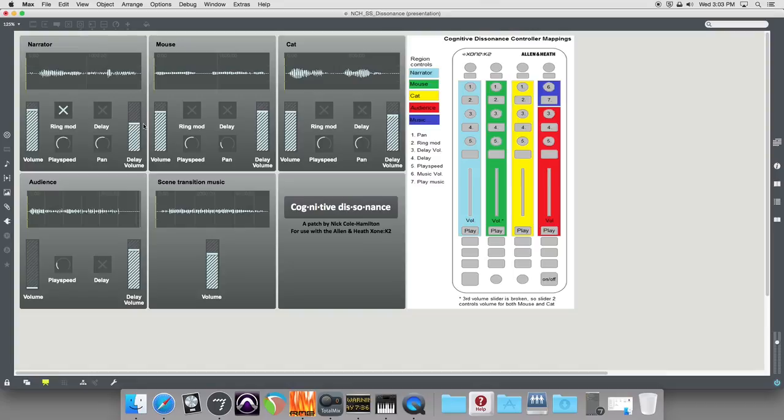And finally, we have scene transition music. It should be noted that this was a suggestion of Owen Green's. When he saw the patch performed, he said that this is something that could work quite well. And you can see that's really just for reacting to different events if I think that seems to be a